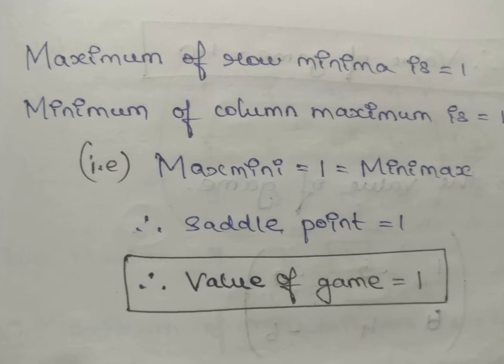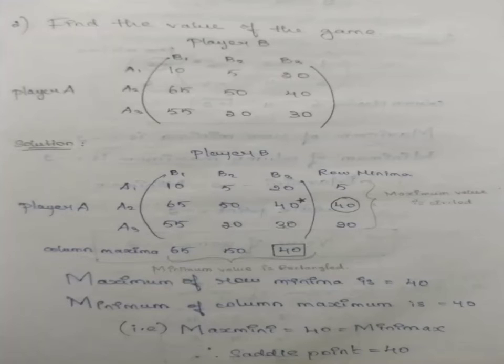So today we are going to see only the 2 mark question, that is the simplest problem alone. So we have to come with the second problem. Find the value of the game. Here also player A and player B will be given. This will be a 3 by 3 matrix. So you have to find the minimum value of the 3 rows, and the maximum value of the 3 columns. You have to compare that, and finally we get the saddle point.